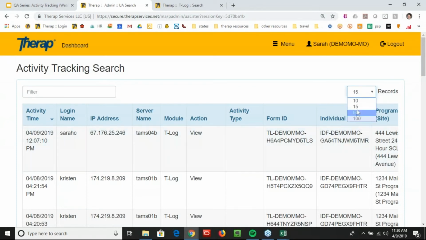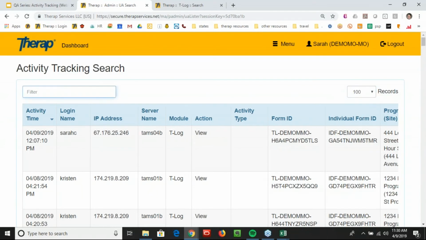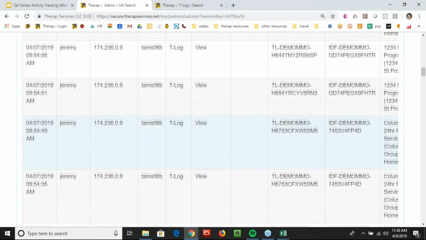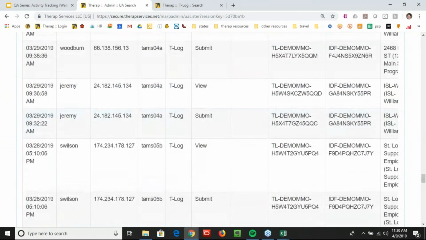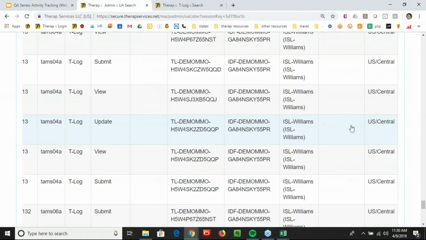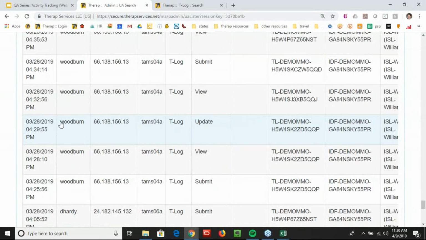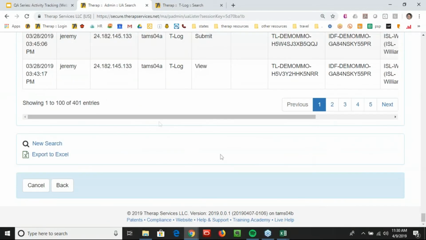Something I haven't mentioned yet: if you're just viewing data right on the screen, there's a filter up here where I could view up to 100 records just on this screen. You guys will notice that in a lot of different places in Therap. So now I'm seeing more, just directly on the screen. These are not clickable links, by the way, so this is not something you can interact with, but you can copy and paste form IDs from here. So if I noticed something on here and I wanted to look further and actually do a search for that T-log,